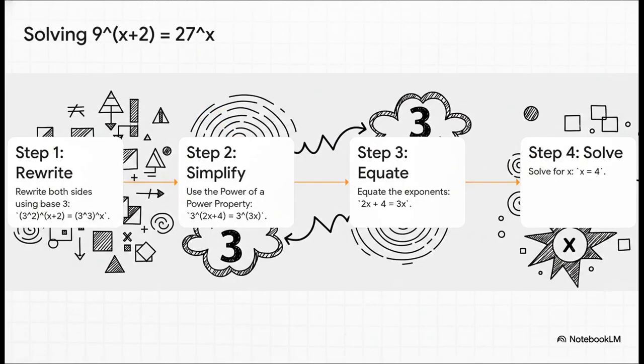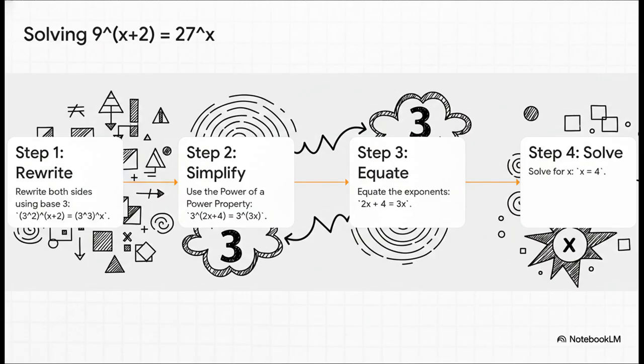So let's put it all together. We swap out the 9 for 3 squared, and the 27 for 3 cubed. Now for step 2, we have to use a rule called the power of a power property. It sounds fancy, but all it means is when you have an exponent raised to another exponent, you just multiply them. So the 2 gets multiplied by the x plus 2, and the 3 gets multiplied by the x. And look at that! Suddenly we have the same base, 3, on both sides. Now we're on easy street. We drop the bases, set the exponents equal, solve the simple little equation that's left, and we find that